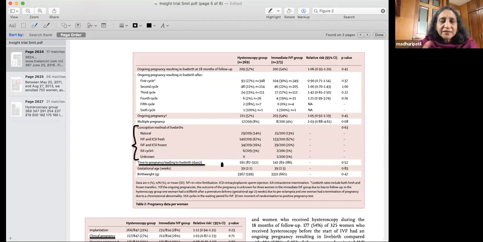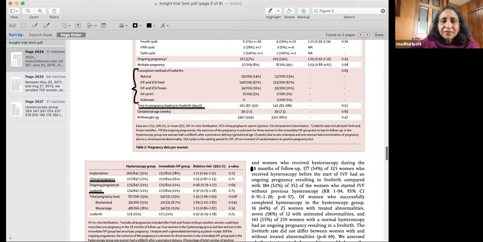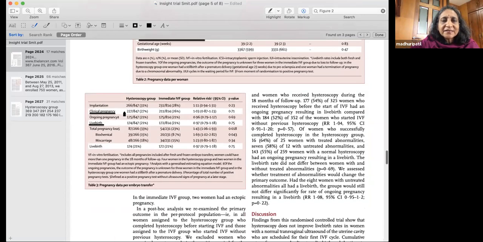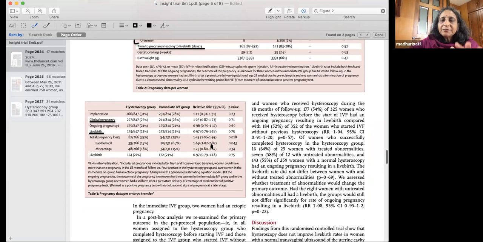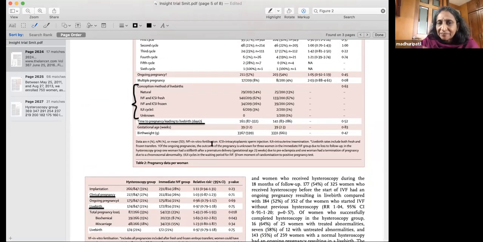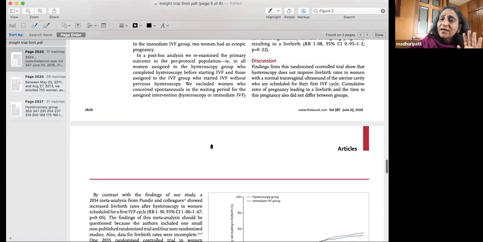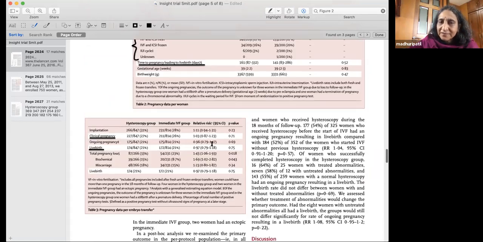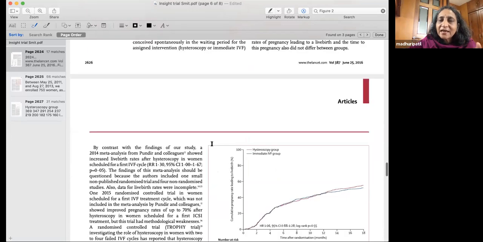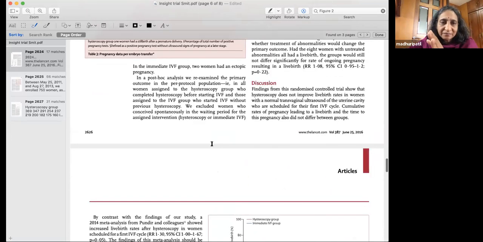So that endometrial scratch does not work. They have also looked at that factor, whether it is affecting or not. You can see that the time to pregnancy was the same in both of them. And if you look at the clinical pregnancy rate and the live birth rate, you can see that there are no differences. So it has been very well analyzed, and therefore we can say that this is high quality evidence. You can say it is A, or 4 stars.